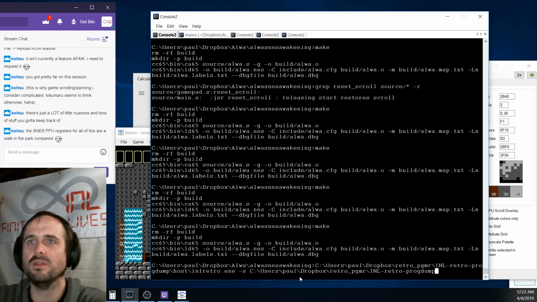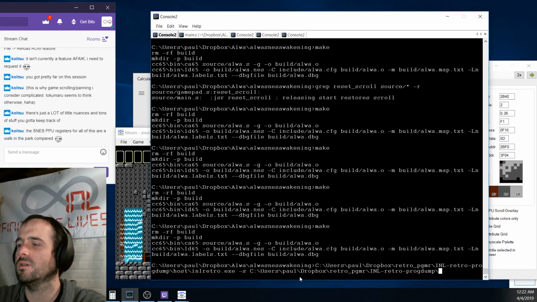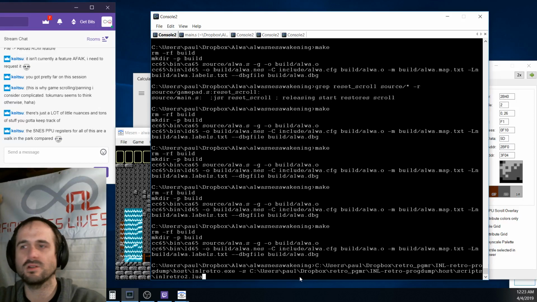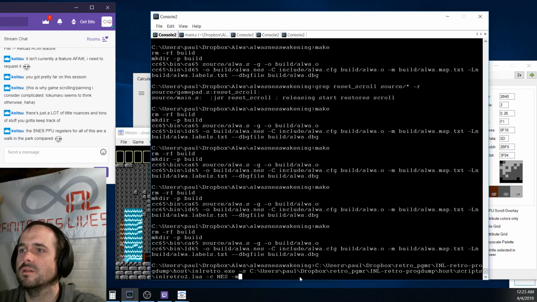Just gonna get it working here and then try to copy it over to the makefile. Okay, so I've called the program, I've called the script. We have NES, mapper CNROM. We want a program size of 32, a CHR size of 32. We're going to program, and the path for the file